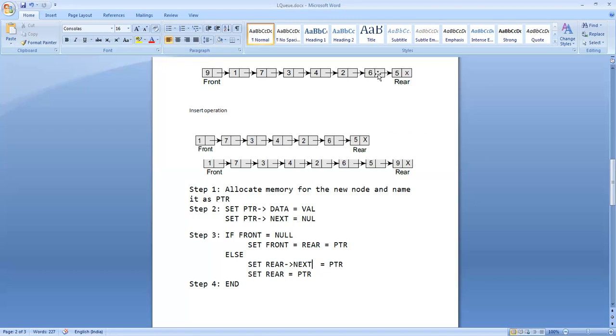So from the next field of the rear node, you make a connection to the new node. Then the rear should move from this node to the last node. The last node is pointed to by PTR, so give the value of PTR to the rear. So rear will move from here to here. That is the logic behind inserting a node into the queue.